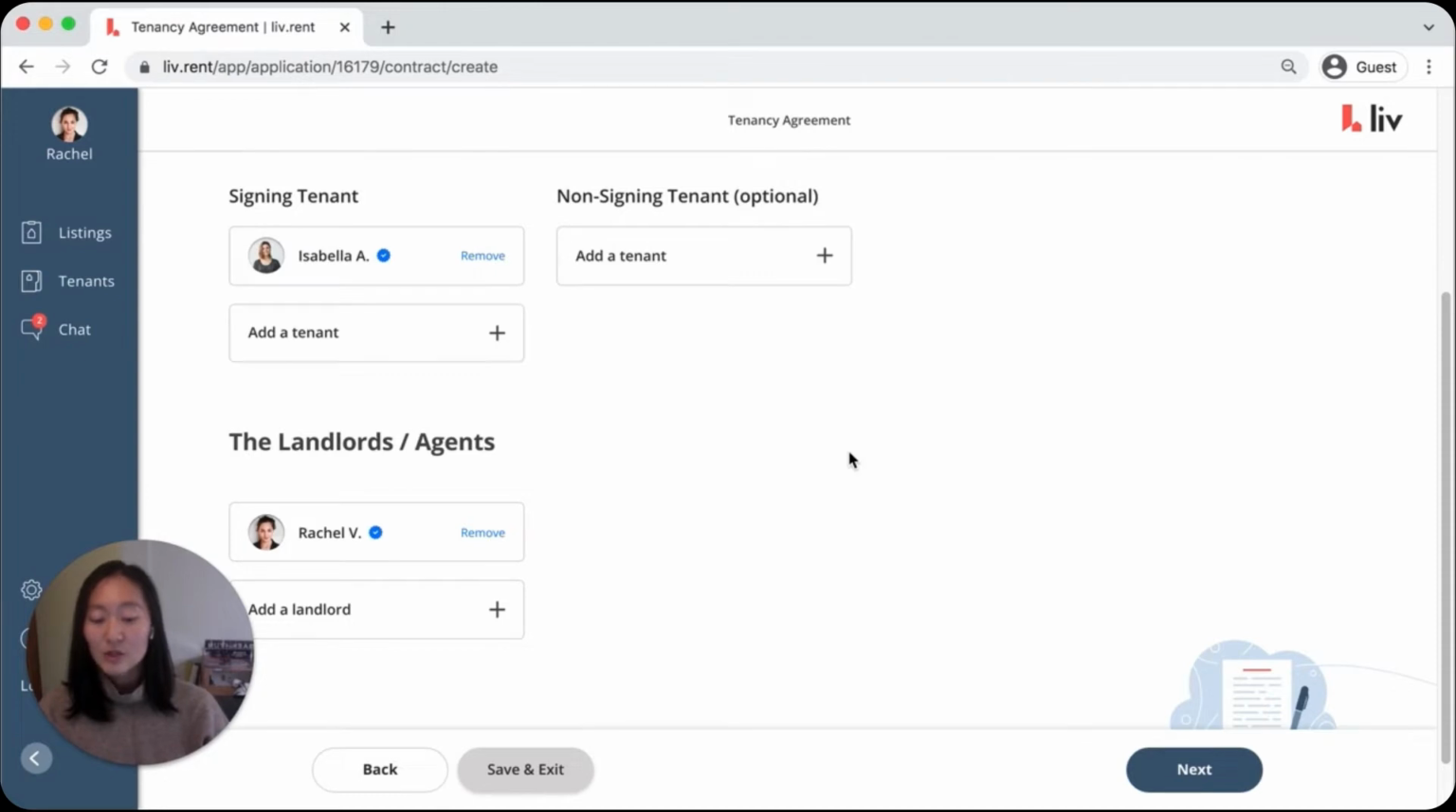There will be an option to select if you are an agent to sign on behalf of the landlord, and on the contract under parties, the company information will be shown as well as the agent's name. If the landlord needs to sign the contract directly, you have to create an account on liv.rent and can be added to sign the contract. Moving on to the next page,